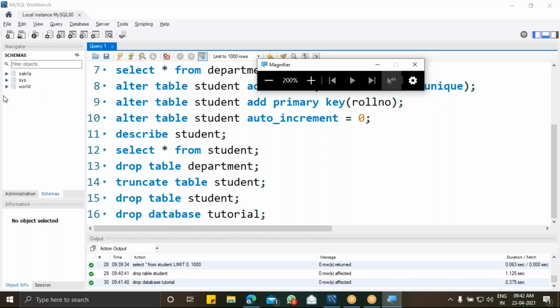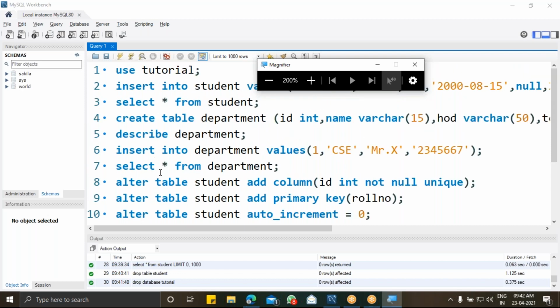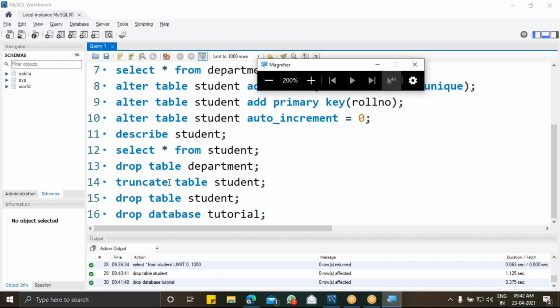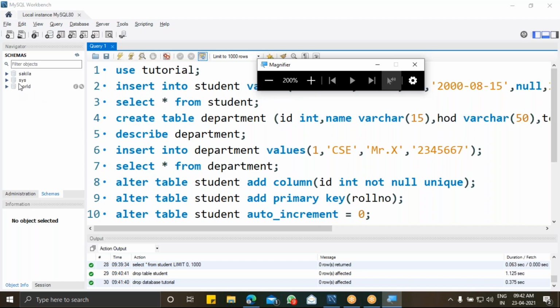So up to this point, is everyone clear? So how drop and truncate work, and what is there for drop database? Yes. So now we are going to create a new database. Whenever I start, first I have to select a database which I'm going to work on. Right now I don't have any database to work on, because these are default databases that are already available in MySQL. So now I'm going to create a new query window.